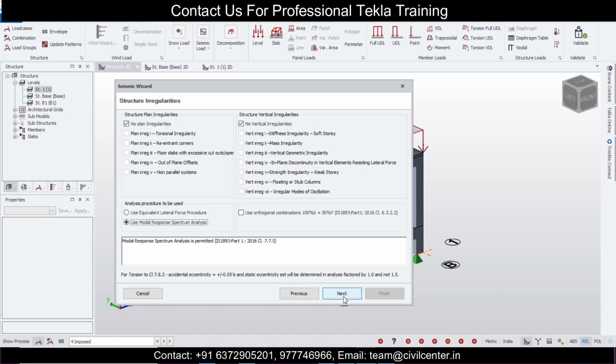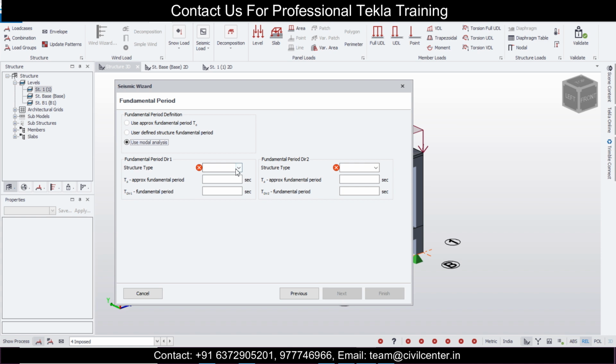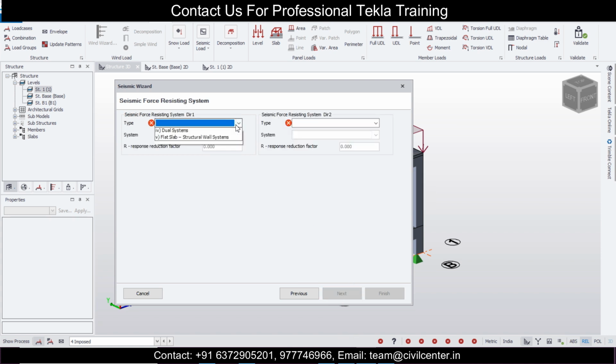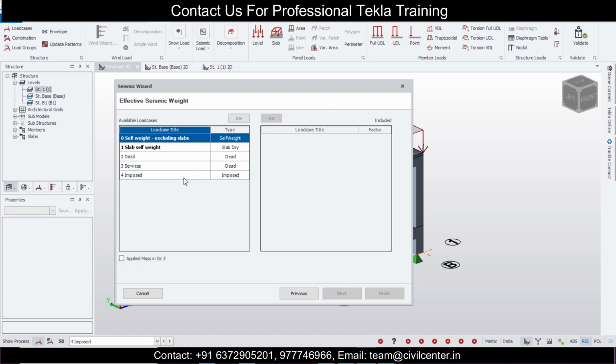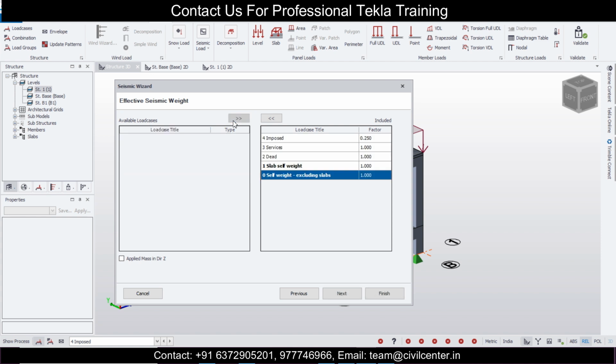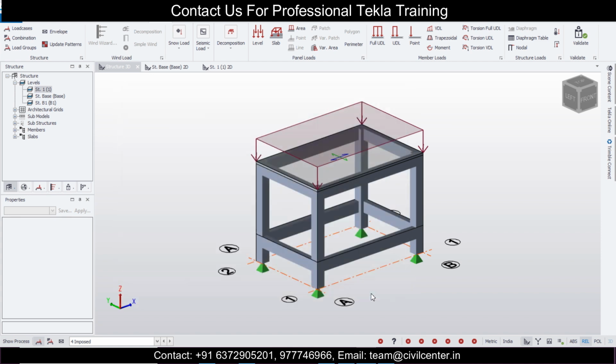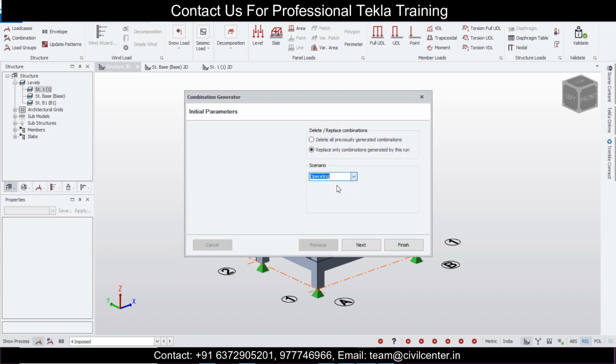Use modal response spectrum analysis, click on next. This is the RC moment resisting frame. Next, and moment frame systems we'll select here, and we'll shift and select all these considerations of live and dead load. Next, and then finish.